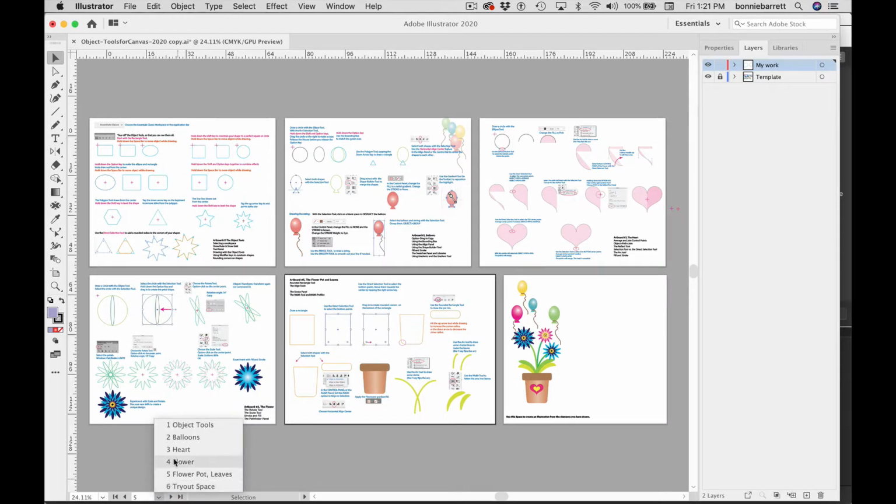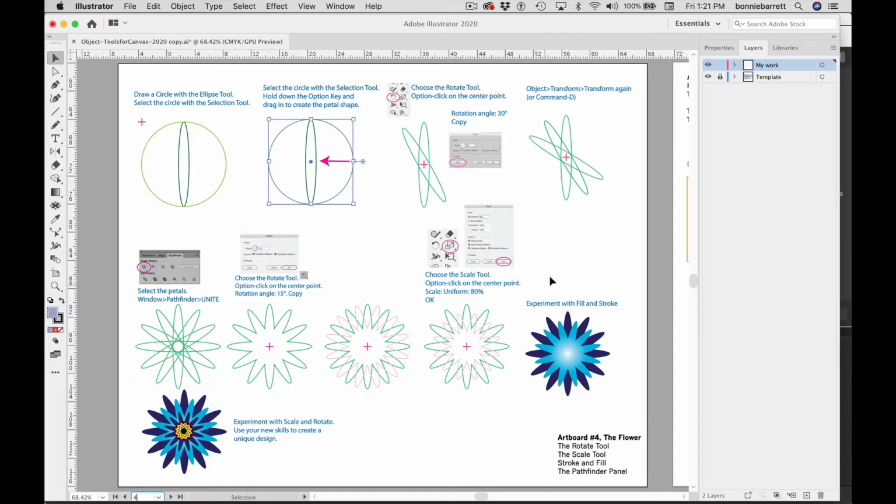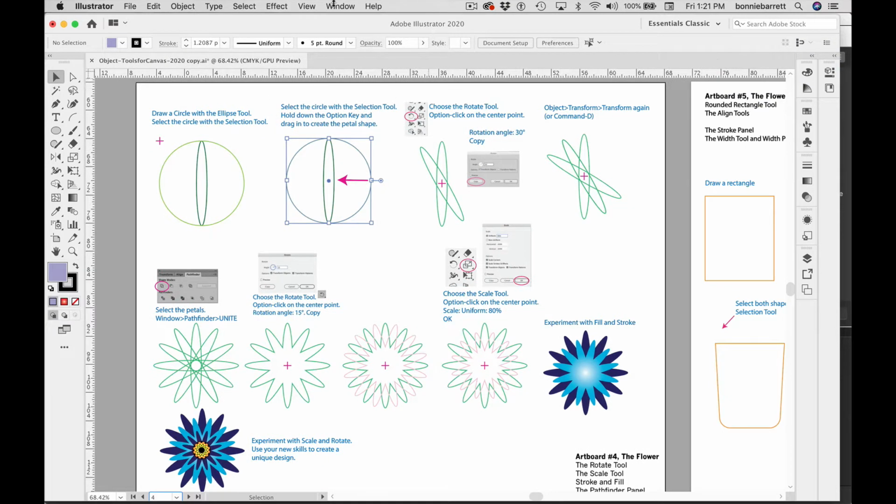So let's go to artboard number 4 in the status bar, and I'd like you to switch into the Essentials Classic workspace, which is the workspace I'll be using, so your screen will look similar to mine. We're going to be drawing on some skills from previous lessons here and